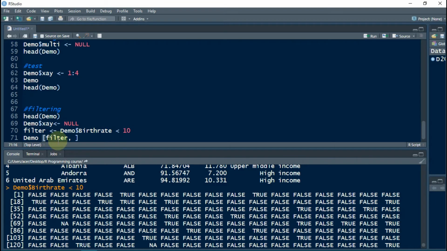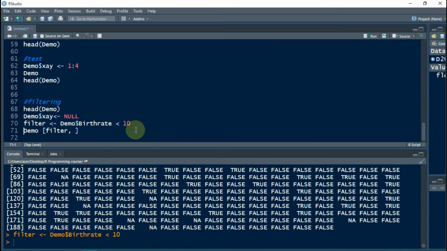So what this code basically means is we are comparing the values of our data from demo with the values of this object filter, and what happens here is R will print all the rows of this data frame demo which correspond to TRUE in this object filter. So let us run this command first and then we will run this command.